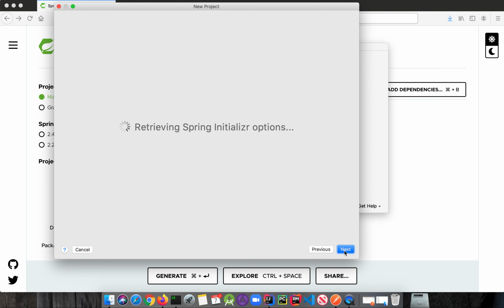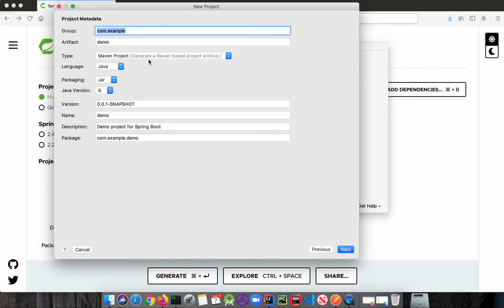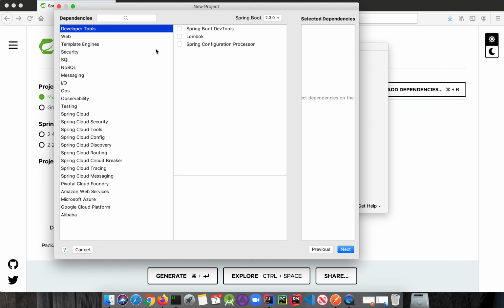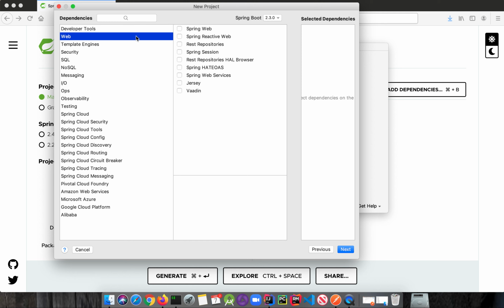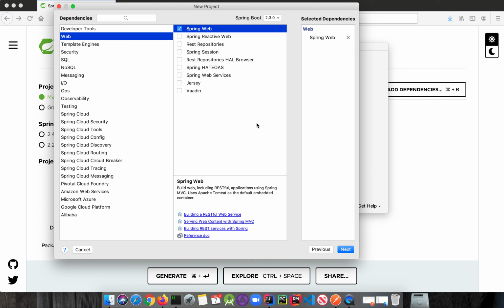And now I'm going to give next here. And then you have to give a group ID, artifact ID, all these details here. And just click next here. And I'm going to include a dependency which is nothing but Spring Web. Spring Boot is such interesting, guys, because you have a feature called Spring Boot Starter and you have this dependency which is responsible for downloading all the jars which is required for your application. This is one of my favorite dependency. Also you have dependency like Spring Boot Starter Test, Security, Data JPA which is included in a Spring Boot application.